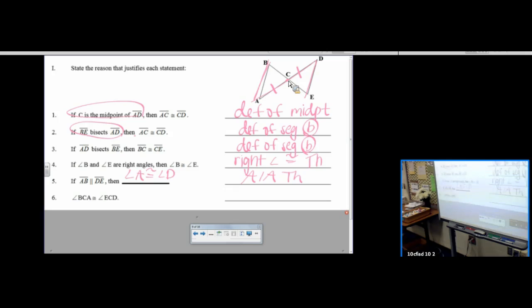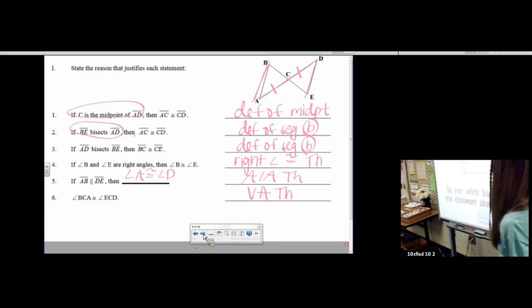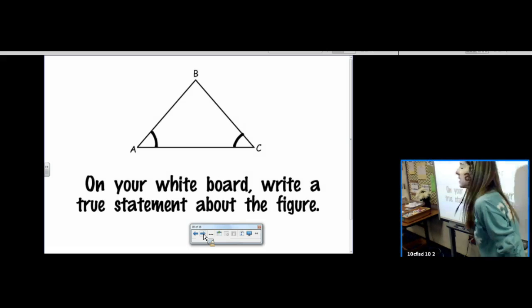BCA is congruent to ECD. Which one is that? Oops. Vertical angle theorem. VA. All right. So we're not going to do this next activity